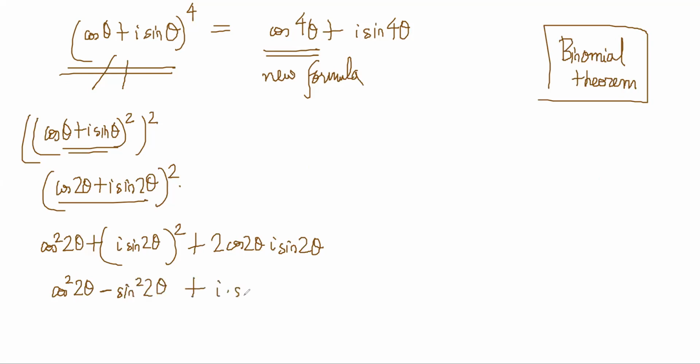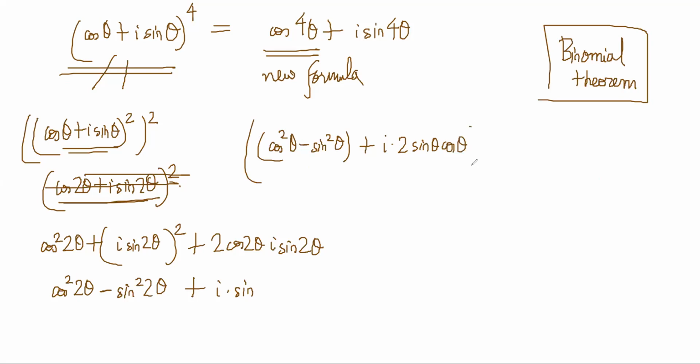Plus, okay, this didn't help because I used this. I should not have used this. I should have just done cos square theta minus sine square theta plus I into 2 sine theta cos theta and the whole thing square, right? So whole thing square, it will be complicated, but what I'm saying is collect all the I terms together and non-imaginary terms together, and that you can equate with cos 4 theta.